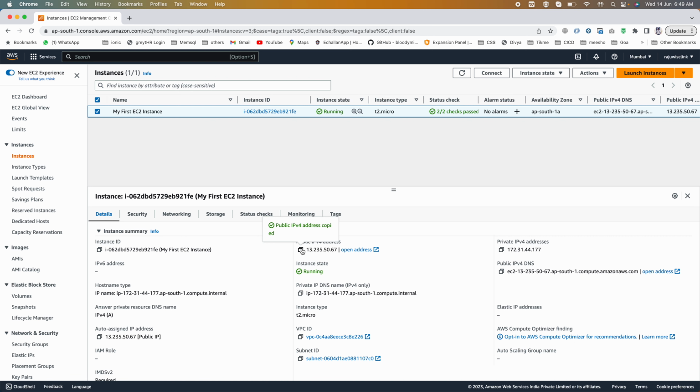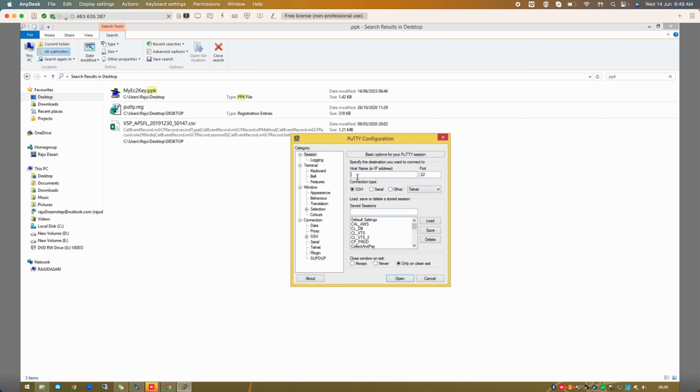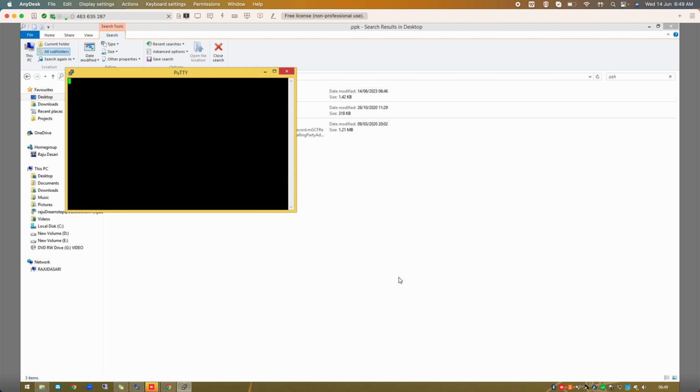I'll copy this IP and go to putty here, and give my IP address here. This is my IP address and I'm trying to connect with port 22, which I have already allowed in my security group. And here I'll give the name as my EC2 instance. I'll save this so that it will be added to my putty list. If I click this and load it, and open it,